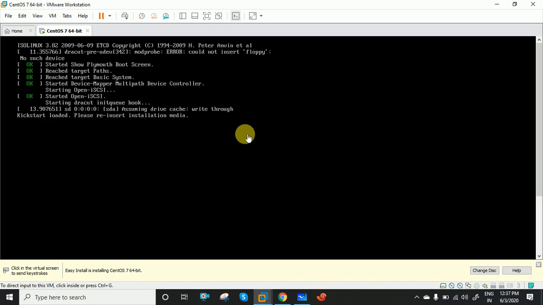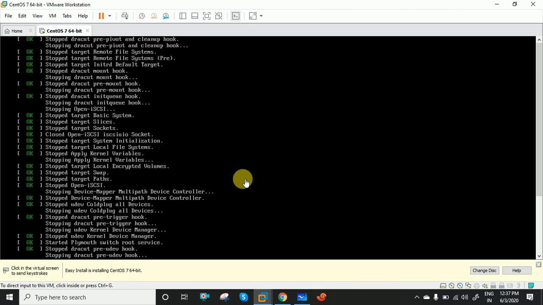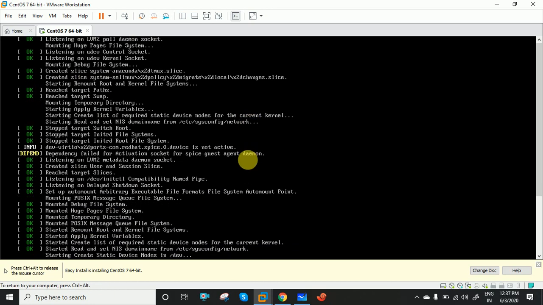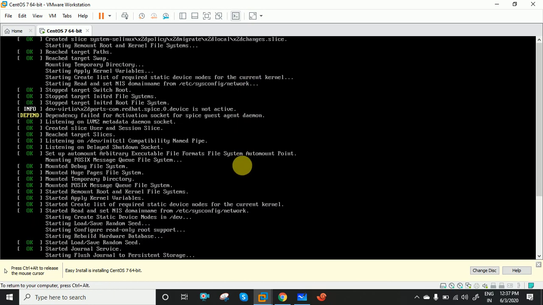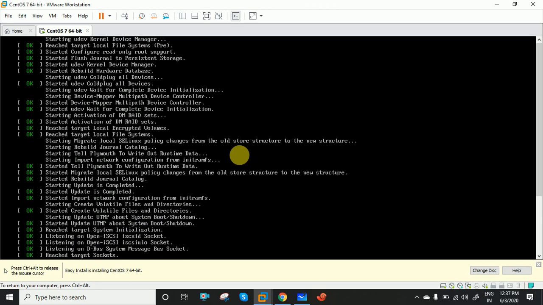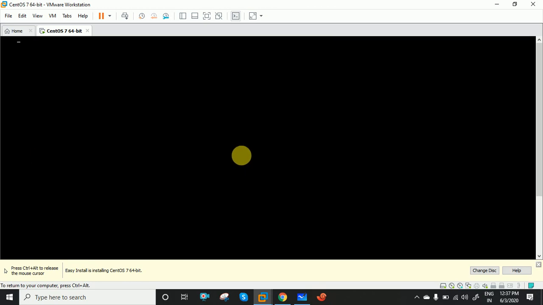Then there are some concepts that you have to follow. It will go and ask about some resources, like time zone, date, time, some settings, network setting, basic level concepts. So we'll configure that as well.